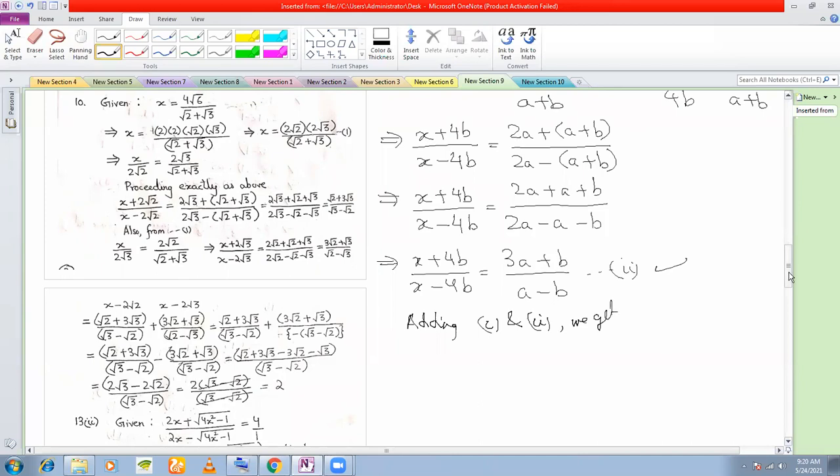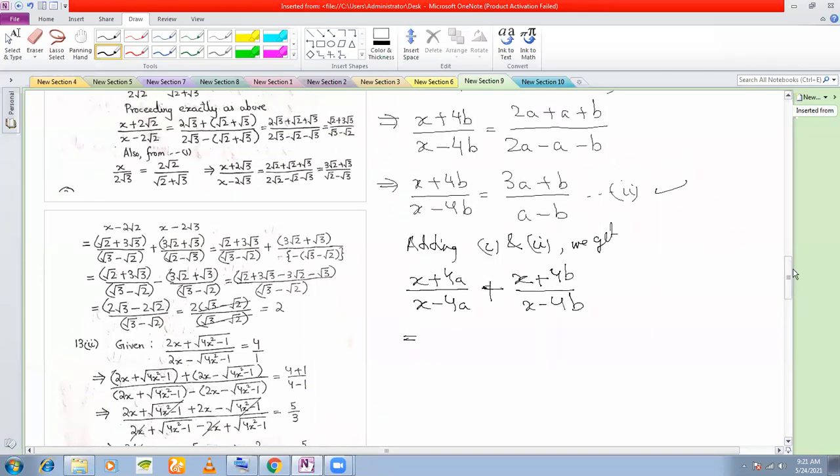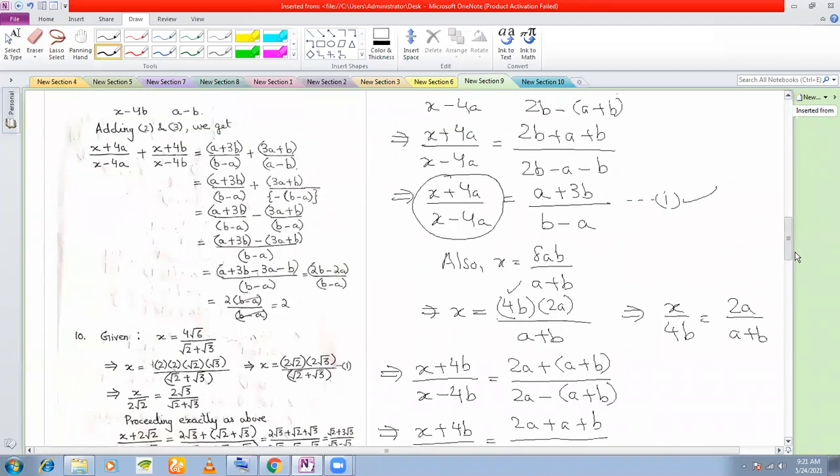we get x plus 4a by x minus 4a plus x plus 4b by x minus 4b is equal to, what is the value of x plus 4a by x minus 4a? From 1,